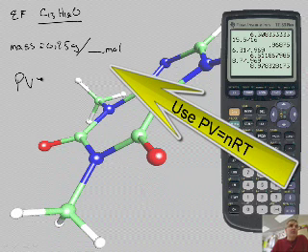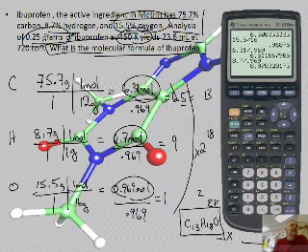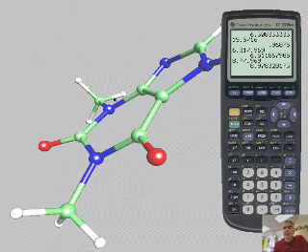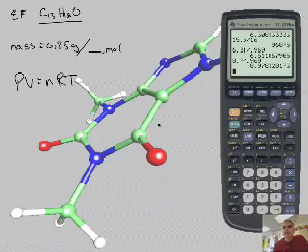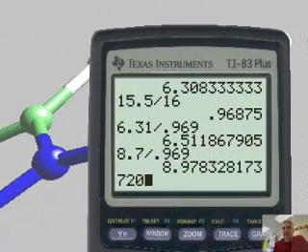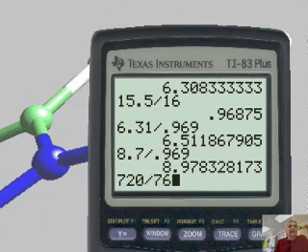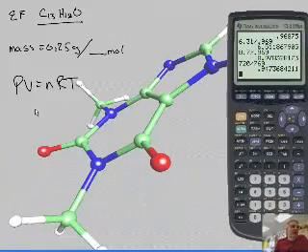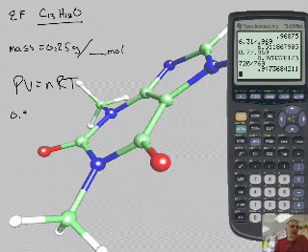So PV equals nRT. So what's my pressure? If you recall from the problem, it's going to be 720 torr. Now I'm going to double check: was it collected over water? It doesn't say it was collected over water, so let me do that. If I take 720, I'm just going to do this quickly on the calculator, 720 divided by 760 gives me 0.947. That's my pressure,